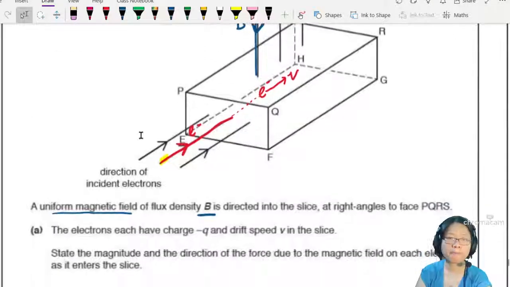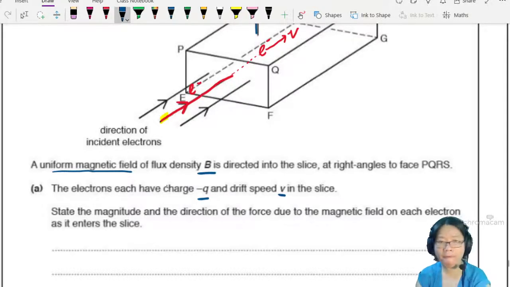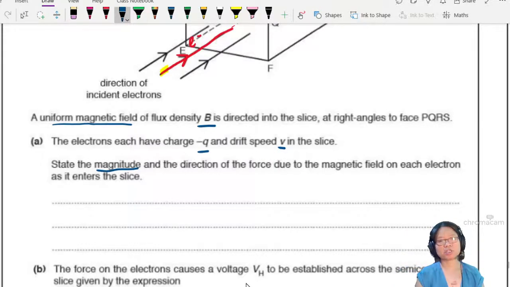Let's continue. The electrons each have a charge of negative Q and a drift velocity V in the slice. State the magnitude and the direction